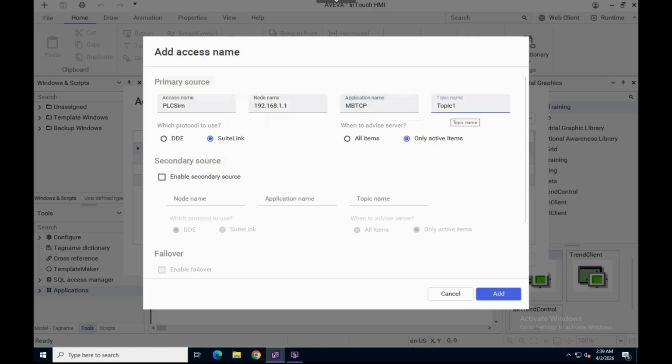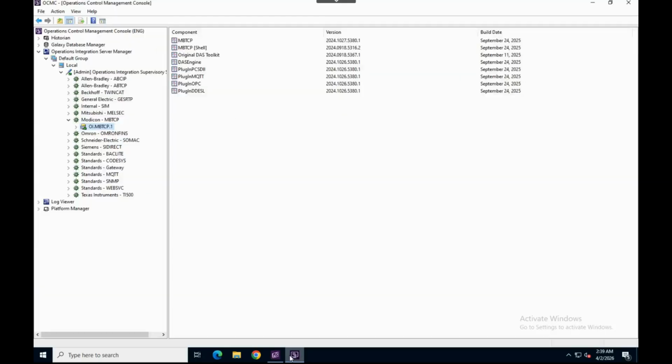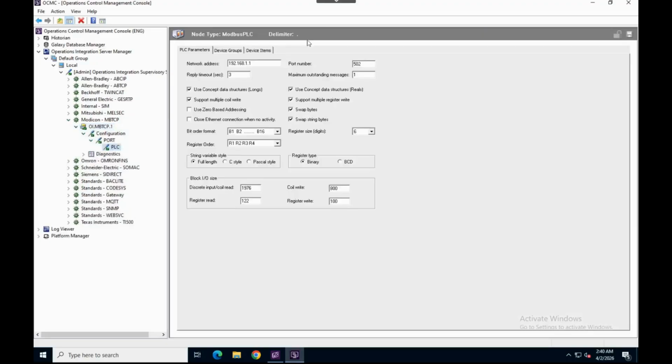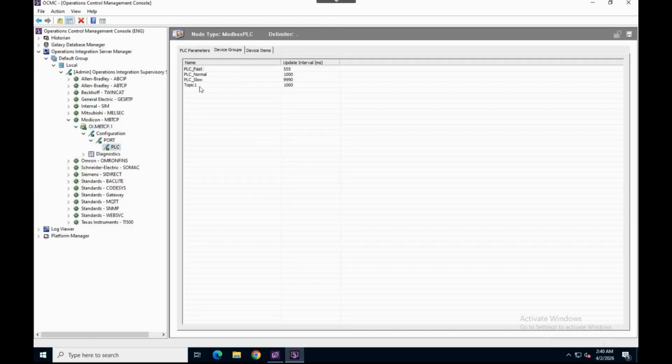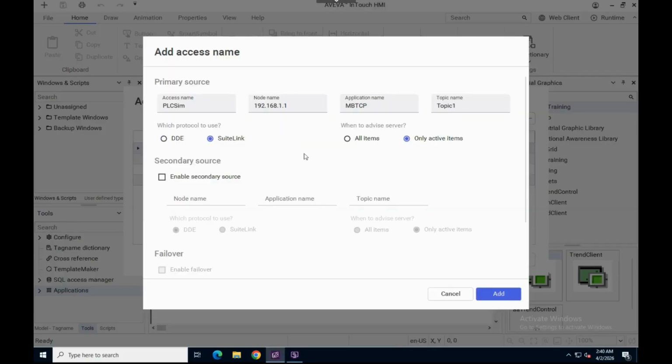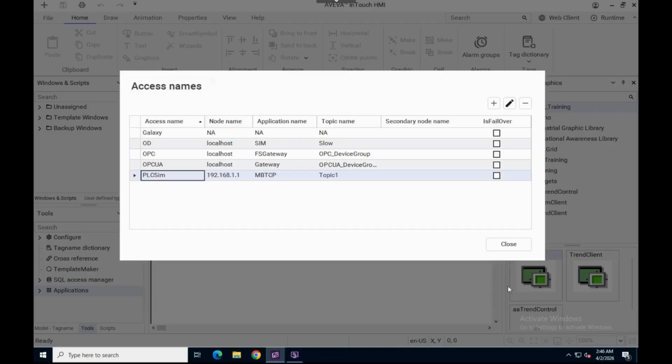topic 1 created previously in this section here. The same name exactly. After that, we leave the other options as default and click add. Now, as shown, the PLC sim is created and I can connect it to the tag names in the InTouch